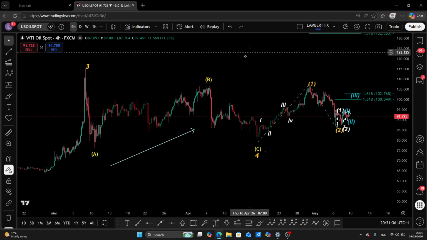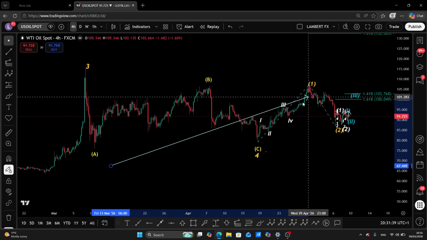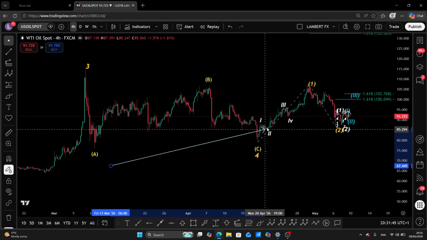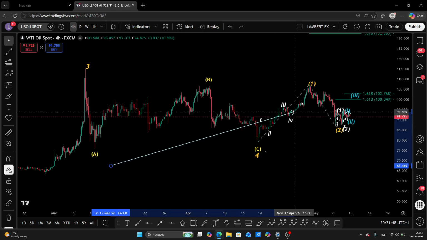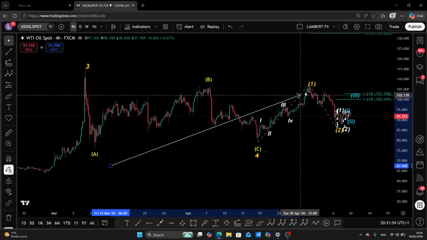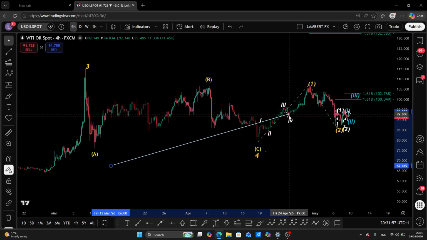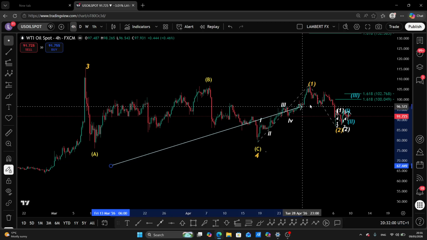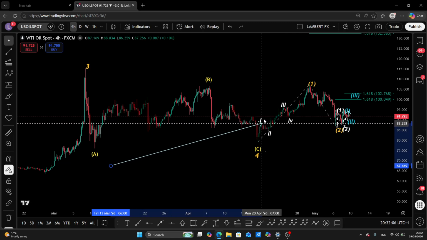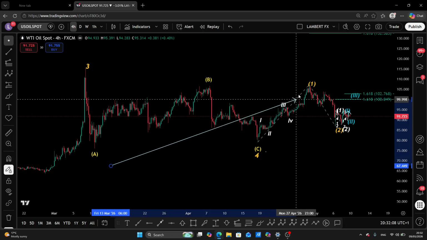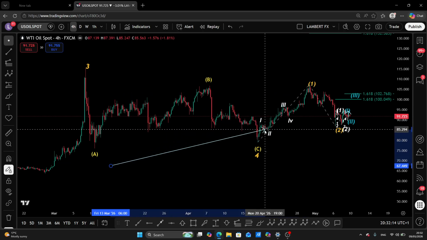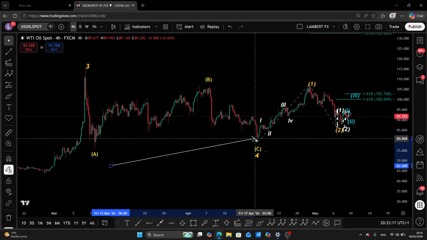because this is the correction for 4, I was hoping for another corrective leg to the downside. So when I saw this, I thought this was a 5-3-5 zigzag correction for maybe a flat down or even a zigzag down. All right, but obviously we did not see that. We saw something else. Okay, so this right here is basically a 1 2 3 4, 1 2 3 4 and 5 leg up. So this basically is an impulsive leg up, not a corrective leg, but a motive leg up,